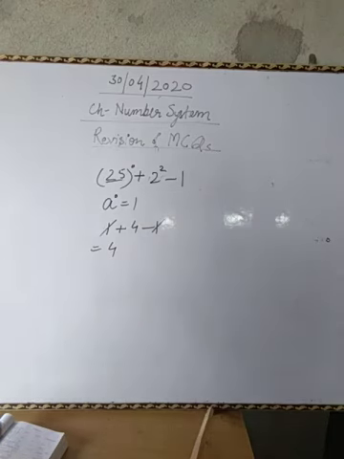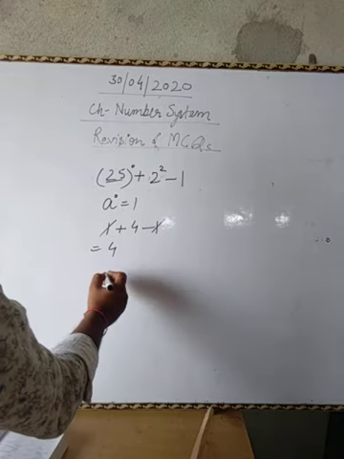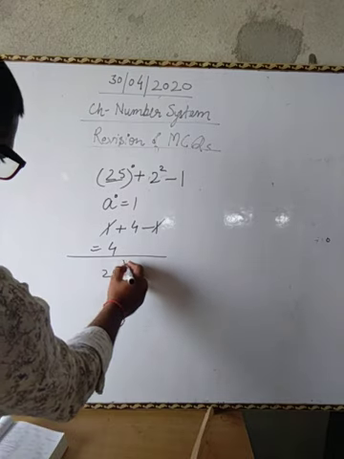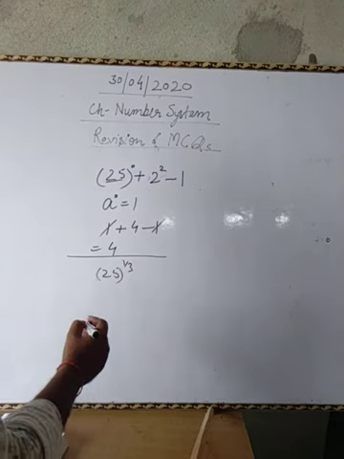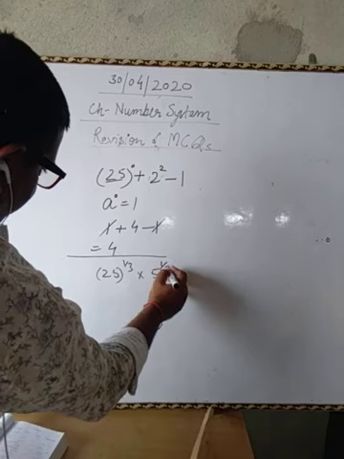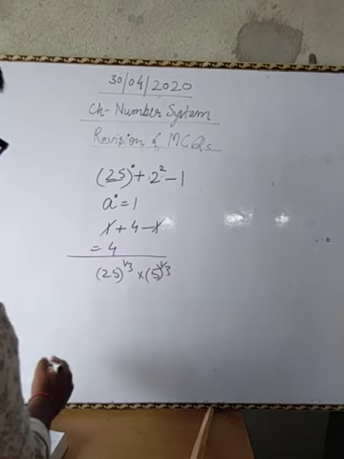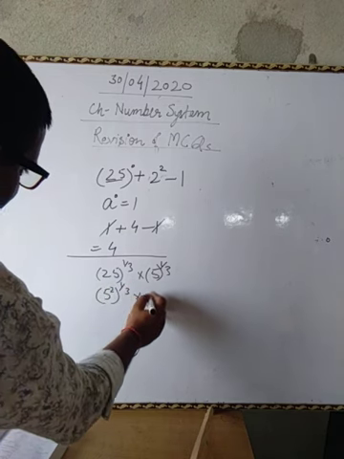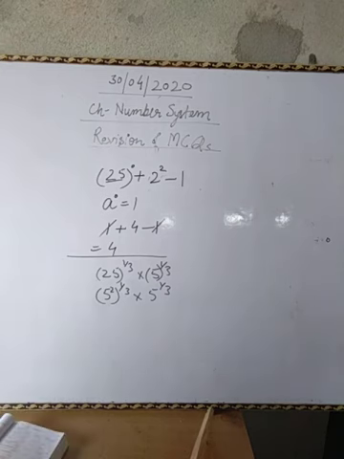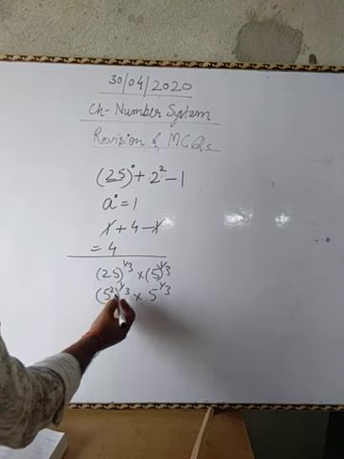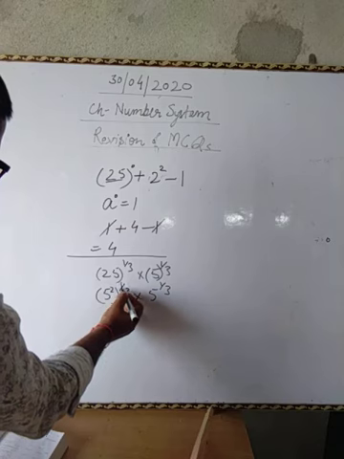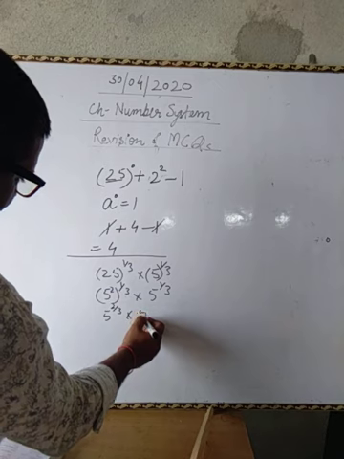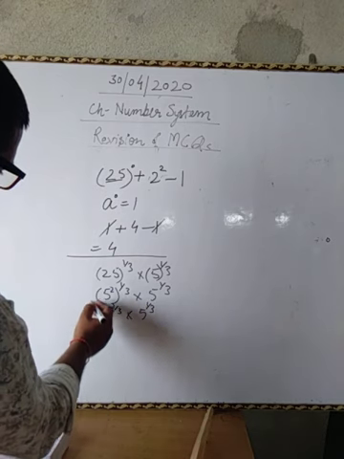Correct? Again, there is a question: 25 to the power 1 upon 3 into 5 to the power 1 upon 3. You may write this 25 as 5 square, to the power 1 upon 3, into 5 to the power 1 upon 3. As per the indices rule, we will multiply these two, because this is m and this is n. So finally this will be 5 to the power 2 upon 3 into 5 to the power 1 upon 3,